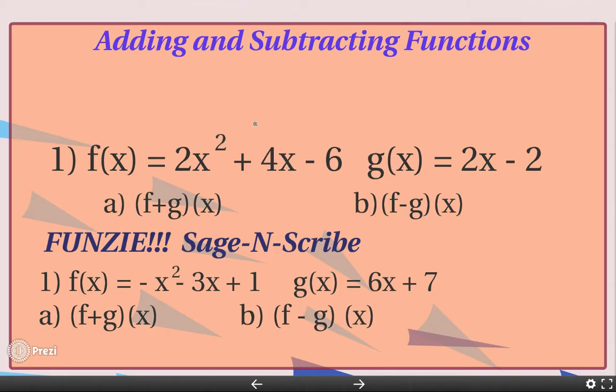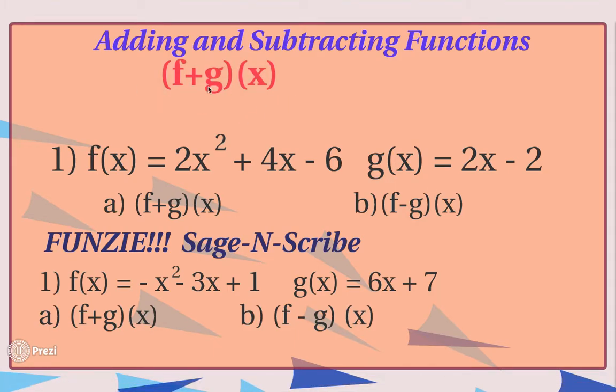functions, which the notation we'll be using looks like this. So this notation right here is pronounced "the f plus g of x," and there is a much easier way to interpret this. This simply means you're going to be adding f of x to g of x. This does not mean you multiply f plus g times x. A lot of people mix that up. Basically what's happened is x has been multiplied into f of x and g of x, but you're just